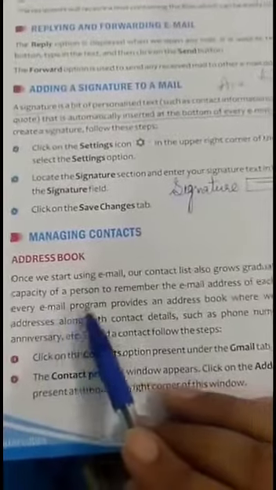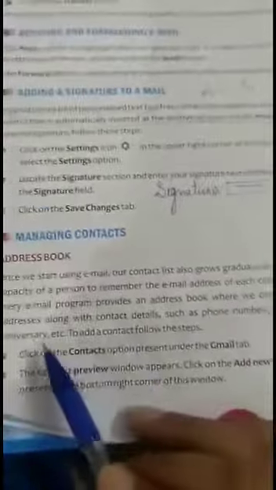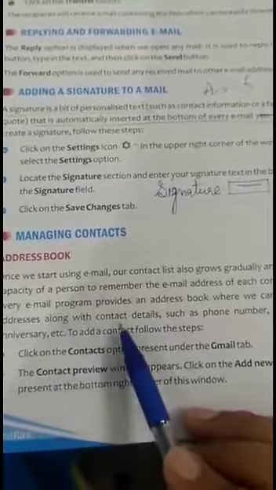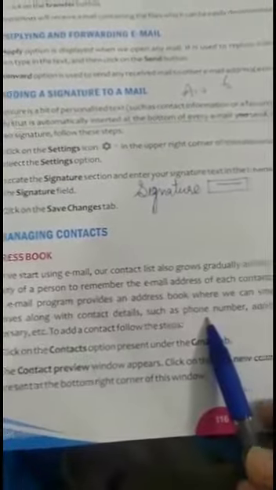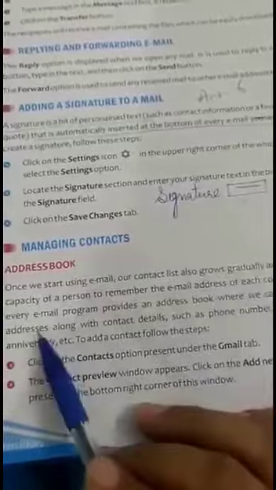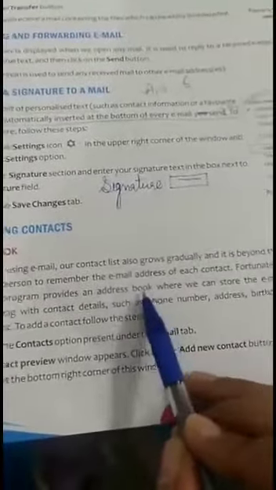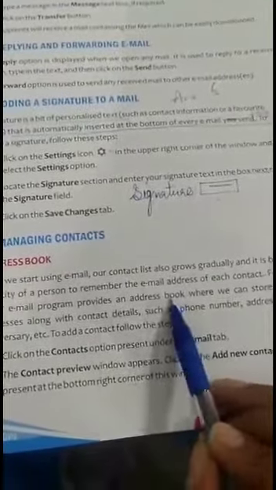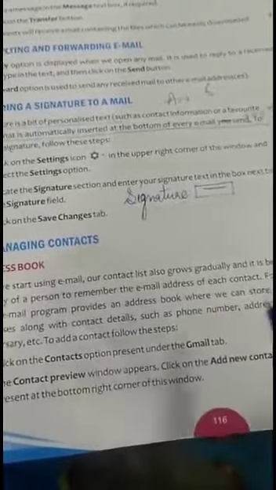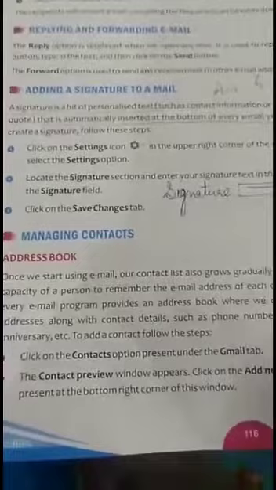Fortunately, every email program provides an address book where we can store the email addresses along with contact details such as phone number, address, birthday, anniversary, etc., depending upon your requirements.